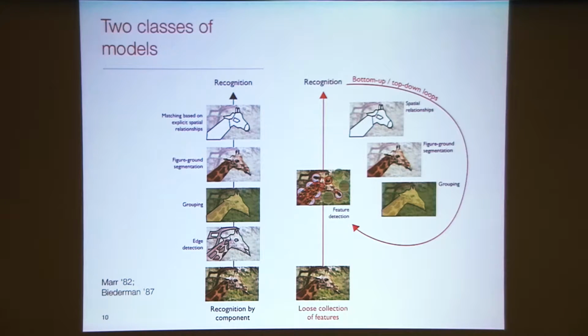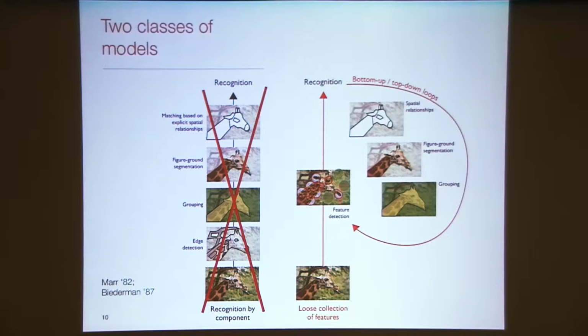Without giving you too many details about these types of models, one thing that these models were essentially emphasizing was visual processes such as edge detection, grouping mechanisms, figure ground segmentation, detection of parts, and then relationships across those parts. The fact that people are unable to localize objects in those images, to me, suggests that this type of model is not able to account for the kinds of processing that's going on during this rapid categorization task.